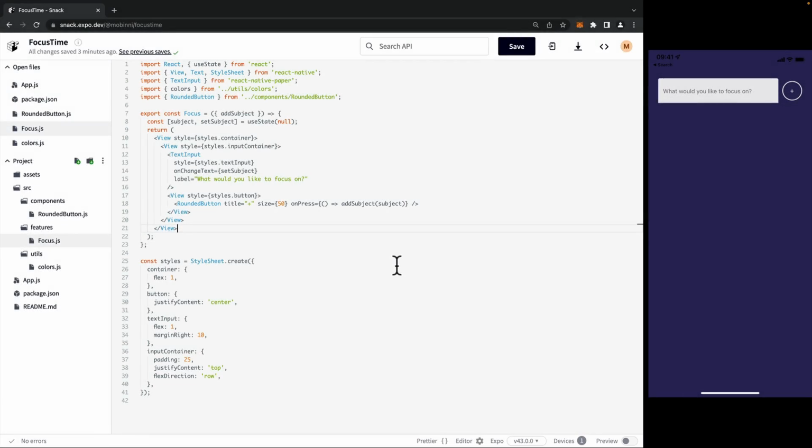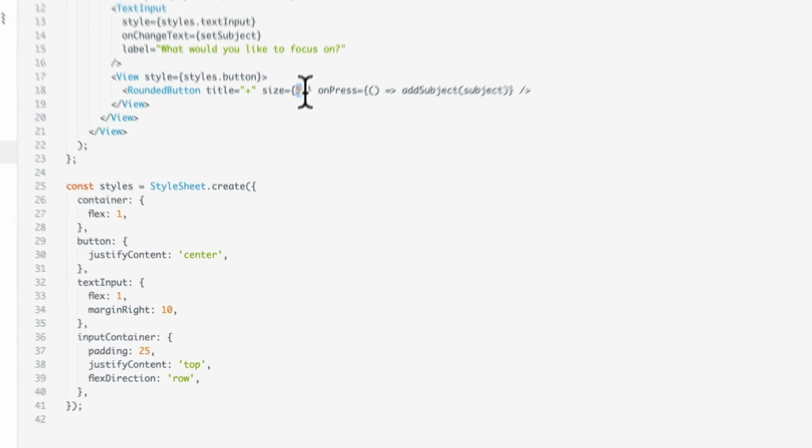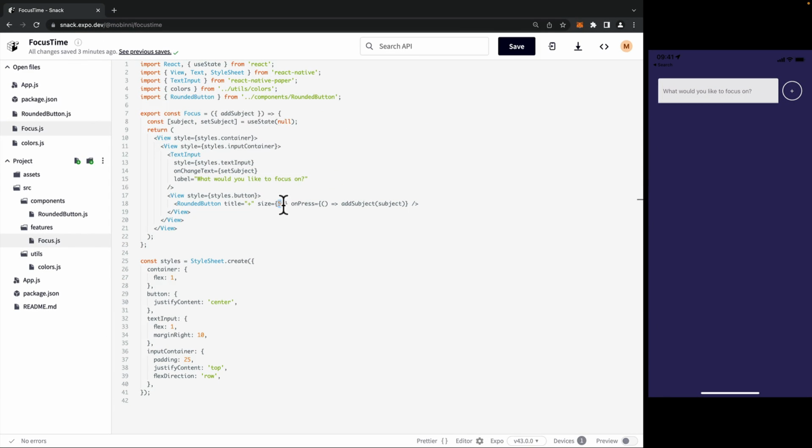Now, before we get into the nitty-gritty of the second feature that we're going to build, one of the things that I want to point out is that we've kind of been using sizing all over the place with different types of numbers. Right here we have 25, then we have margin 10, we have size 50. We don't really have a consistent basis here, and these magic numbers won't scale as your code base scales, just in general. Now, I know that this is just a code along and that a lot of these things may seem a bit over the top in terms of structure, or you may not do it this way,